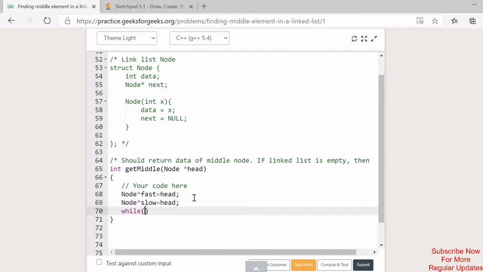We'll traverse the linked list until fast is not equal to null, that is, fast has not become null yet, and fast is not the last element, that is, fast's next value is also not equal to null.